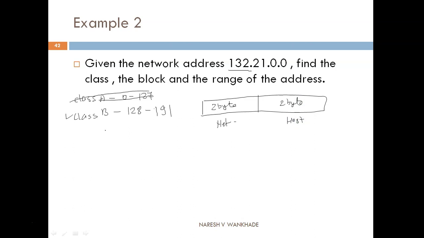Now let's get the block of this network address. 132.21 is the network ID, and 0.0 belongs to the host ID.